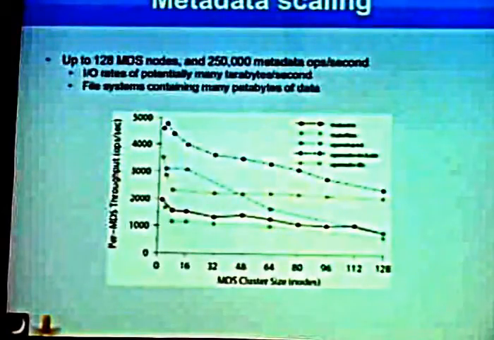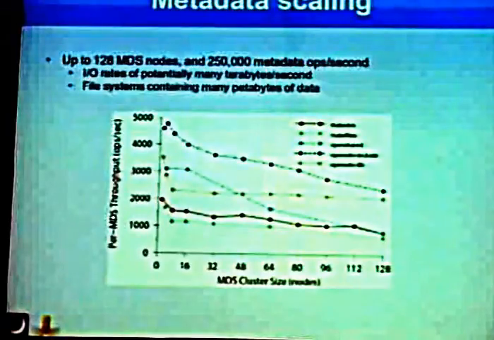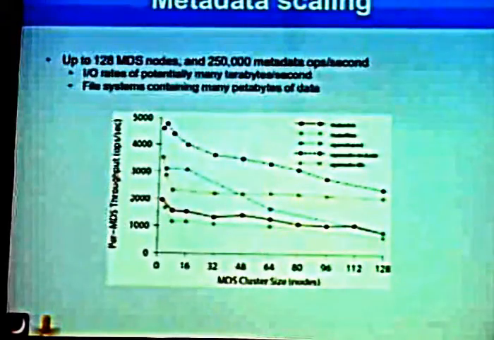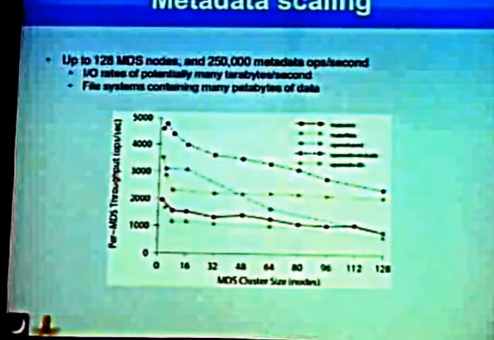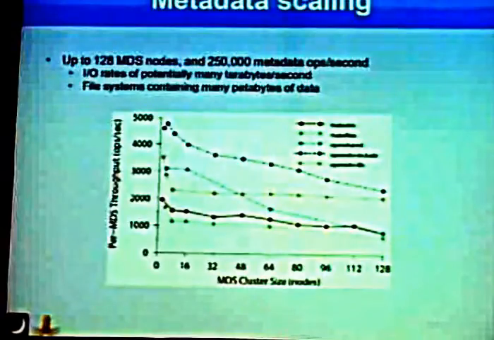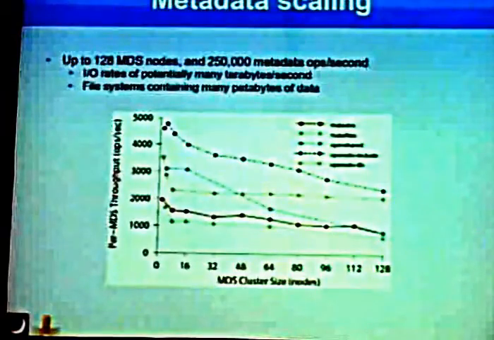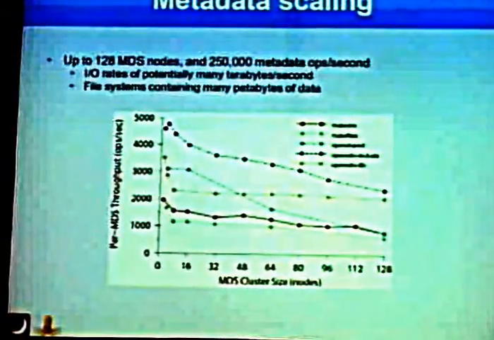And this experiment is actually some 4 years old now, so the numbers probably seem a little bit small right now. But in the largest case, we're doing over 250,000 metadata operations per second, which at the time at least is a very large number. And if you remember that metadata operations is only talking about things like open and close and chmod, that actually corresponds to very, very high I/O rates, because you're not talking about read and write that go directly to the